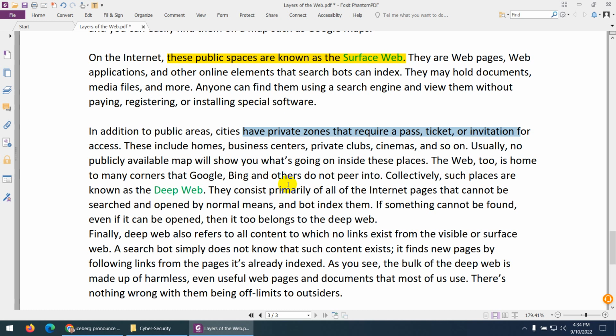You cannot watch the movie like in a park, where you can go anywhere. That was the surface web. But if you require a pass, a ticket, or an invitation to enter somewhere in the city, that is called the deep web. Because I'm giving you a real world example so that you can get these three layers.